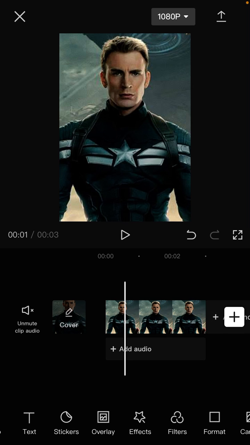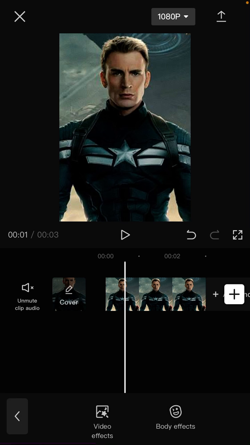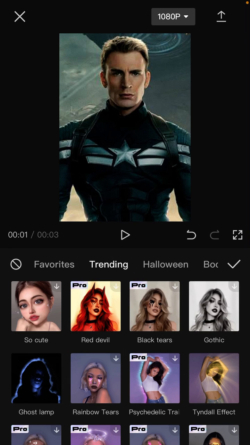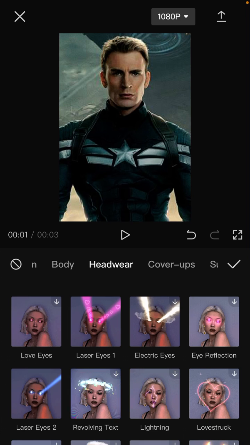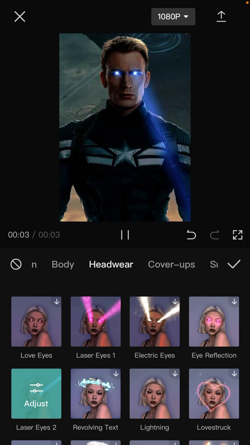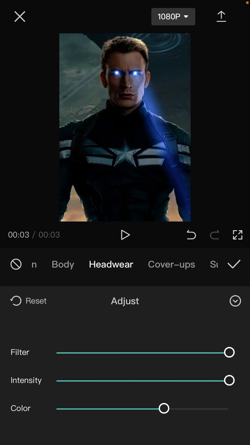So how to do it: just click effect in the toolbar at the bottom and click body effect. You can find laser eyes effect in hardware, and swipe up and you can see laser eyes 1 or laser eyes 2. For example, I'm going to select laser eyes 2 like this, and we can adjust for filter,